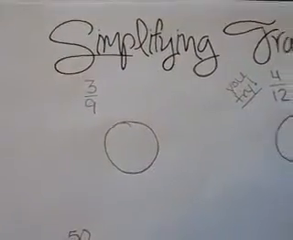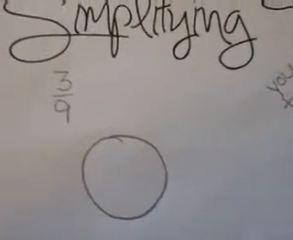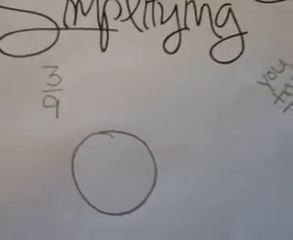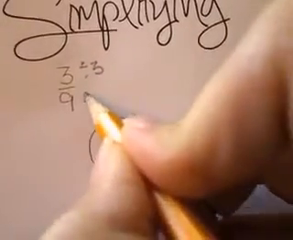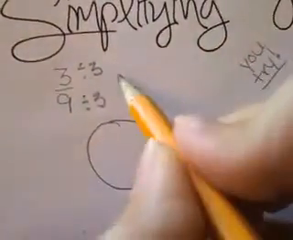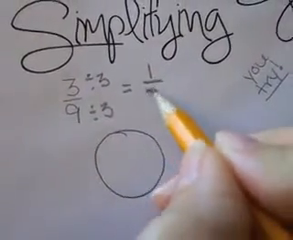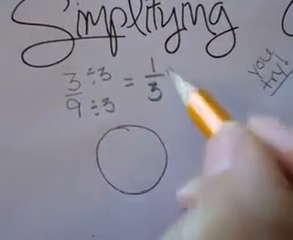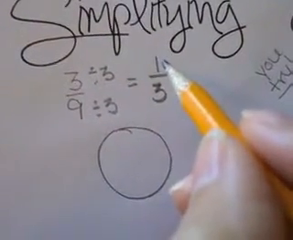Let's look at another similar problem, 3/9. We have to find a number we can divide both 3 by and 9 by. In this case, you can divide both 3 and 9 by 3. 3 divided by 3 is 1. 9 divided by 3 is 3. Whenever you have a 1 in your final answer, you don't have to go any further, so our final answer